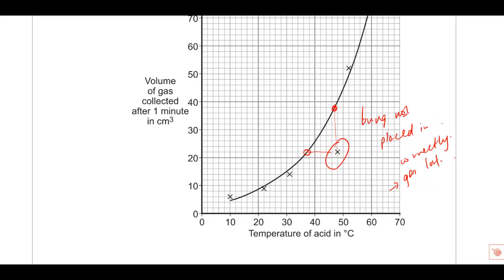So it's not just the bung not replaced correctly, it's that the gas is lost, and that is why it has been measured at a lower point there. If you want to go down the temperature route, then you can look at it the other way, and you could say something like: temperature lower than recorded temperature, therefore slower